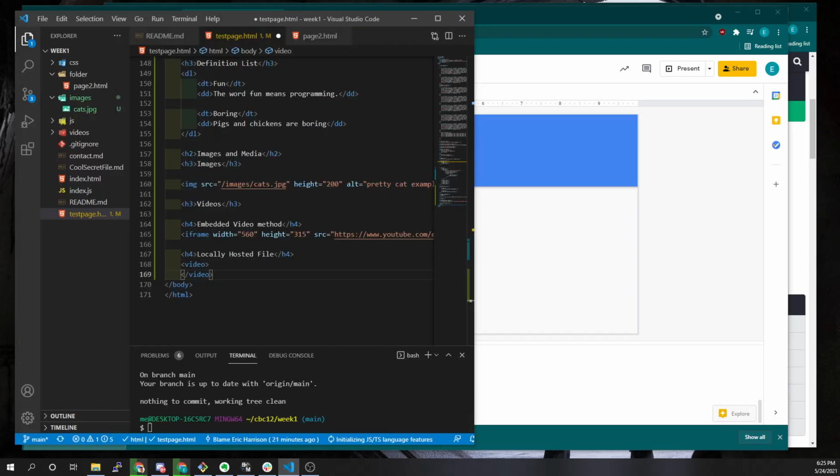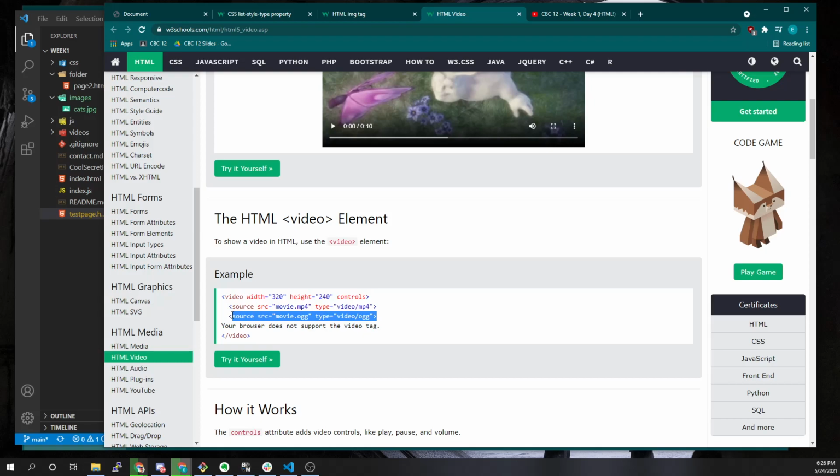But from here, essentially, if the video existed, we would just put source. We're going to want to put in the path to the video. So we're going to store ours in videos, and we'd call it girl video.mp4. And source, the type is video mp4, right? It's telling us what type of video file this is. Now, the other example that W3 Schools provide us was OGG. That's an open source video format. And so generally you want to have 2 or 3 different formats in here,